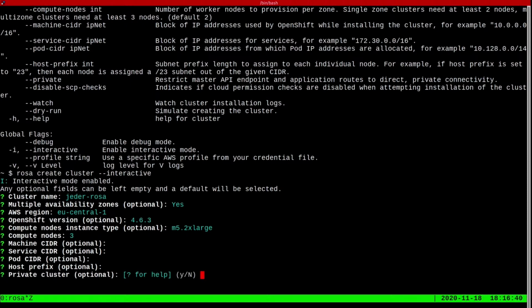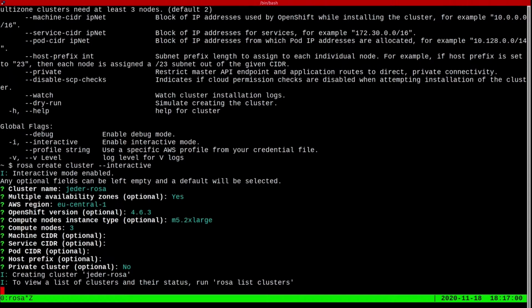And that's what this option is here. So if you deployed a cluster as private, it would deploy just fine, obviously, but you would not be able to access the API or the web console until you establish that VPC connection, that peering connection into the VPC. So I'll leave this one as public for now. And it's going to go off and create this cluster for me.